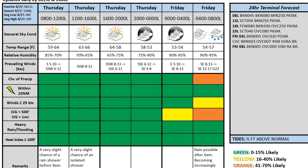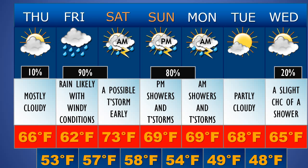As we get into our next 7 days, you can see a fairly active weather pattern shaping up for us, with those rain showers likely during the day on Friday. Can't rule out a late night thunderstorm as well Friday night into early Saturday morning as we get a little bit more instability pushing into the region. But those showers should come to an end fairly early in the day on Saturday, and we'll see that sun pop out